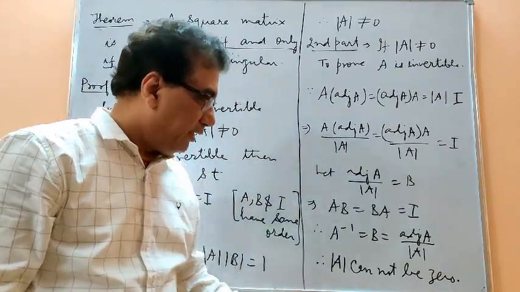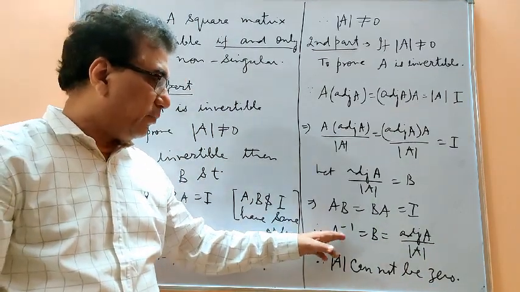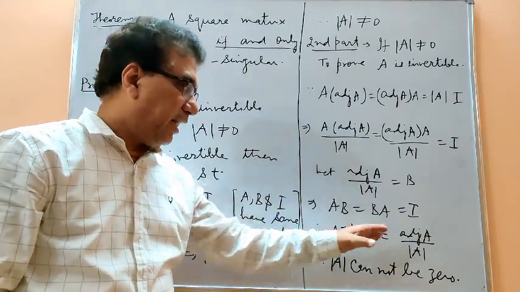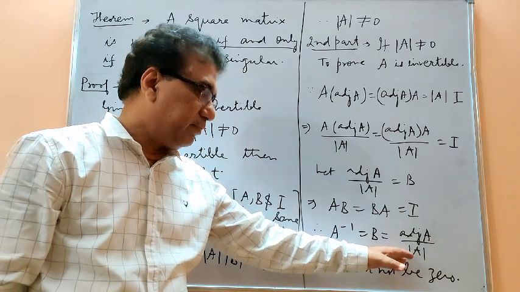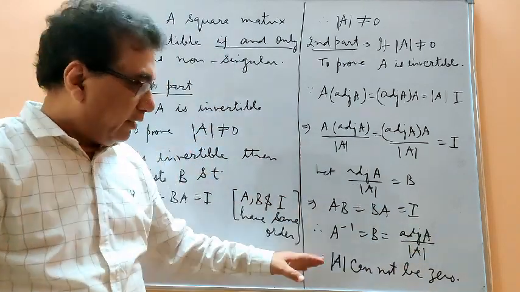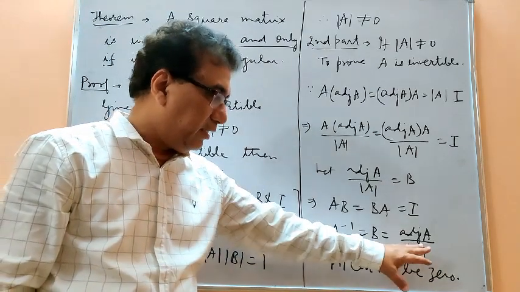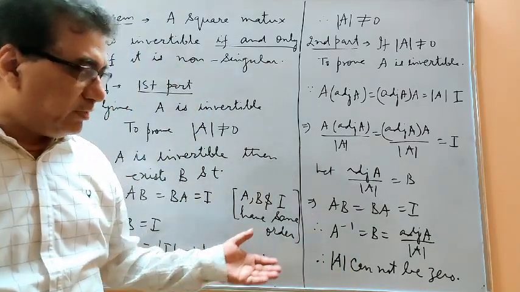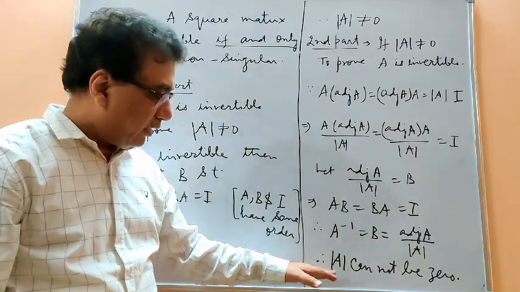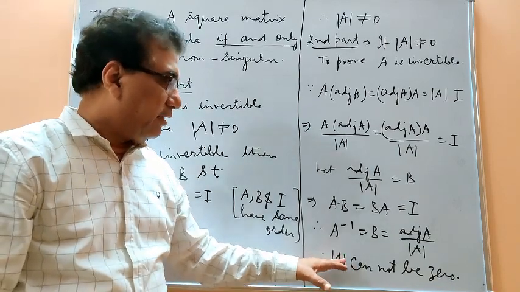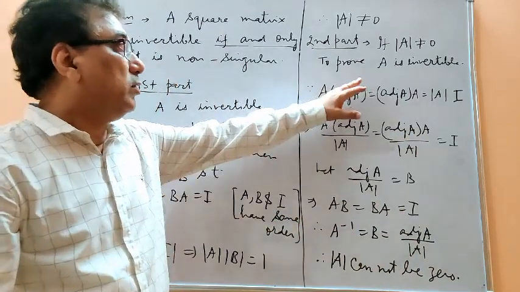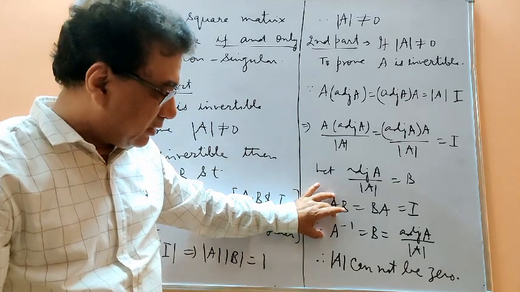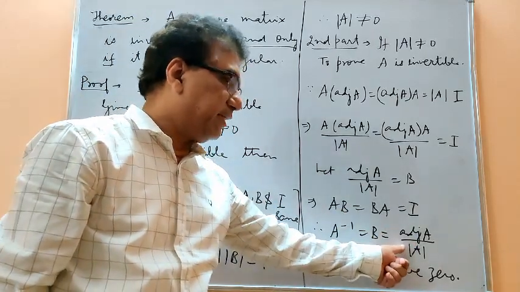So this also gives you an idea of how we can get the inverse of a matrix. So what is the way? We have to first find the adjoint of that matrix, and then divide it by the determinant of A. And if determinant A is, suppose, 0, each element will be divided by 0, so that type of matrix will not exist because division by 0 is undefined. So the criterion automatically comes up that determinant A cannot be 0. So this part has been proved. If determinant A is not equal to 0, the matrix has its inverse, and this is the way of getting that inverse.